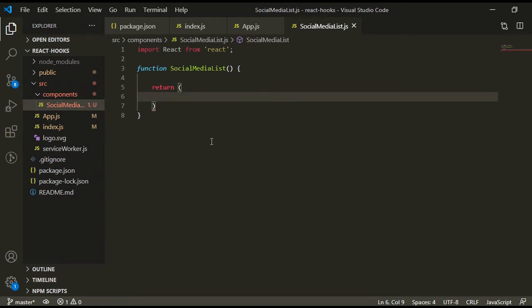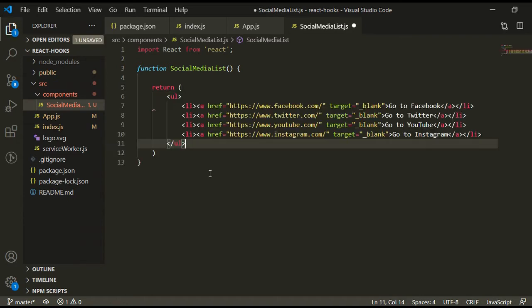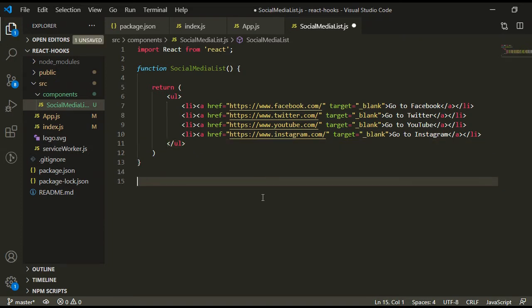This component is going to return some social media site list items. For that I have some dummy layout, so I am pasting it here to save time. Here you can see this component returning the list of social media site names.